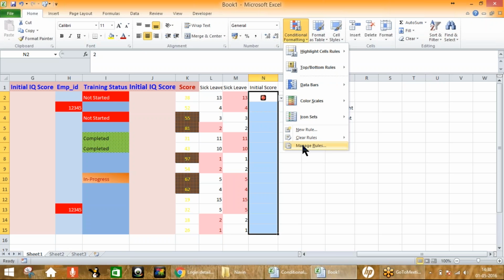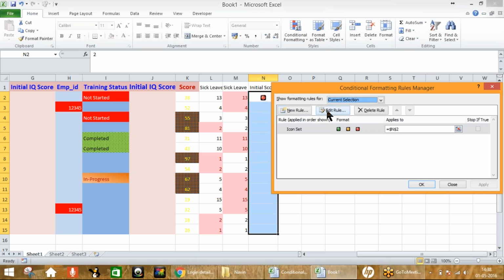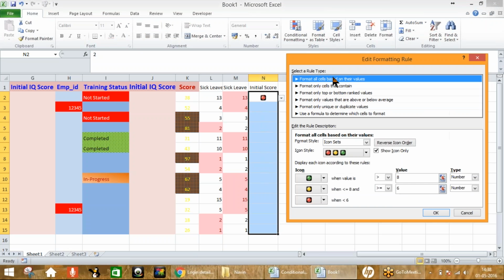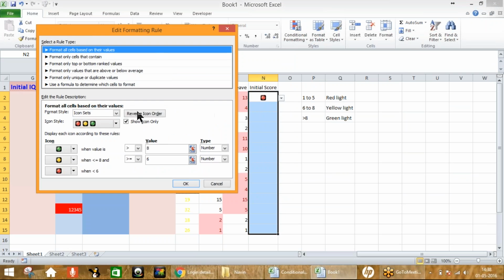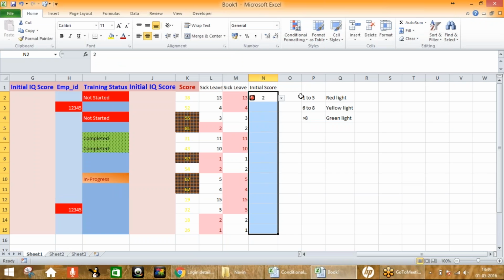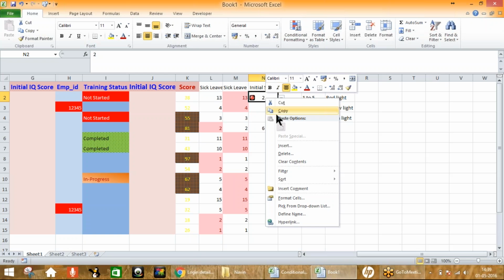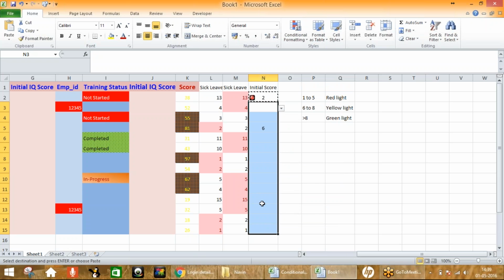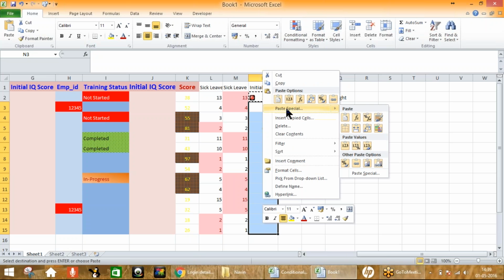So you'll go to manage rule, then edit rule. Now we have reached the same window here. I will deactivate this option, show icon only, because I want to see the icon as well as the value under it. Click OK, apply, OK. Now as you can see, for example, I'm clicking 6. Oh, sorry, probably conditional formatting has not been applied here. I'll copy it